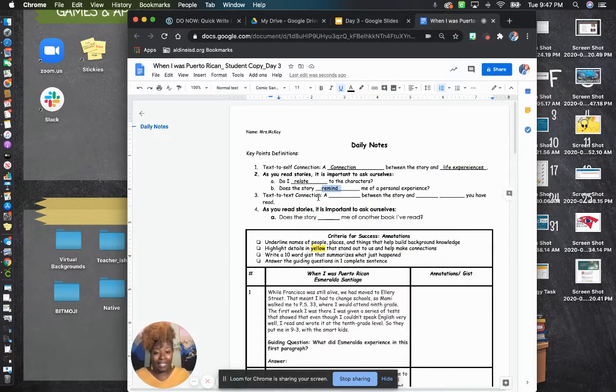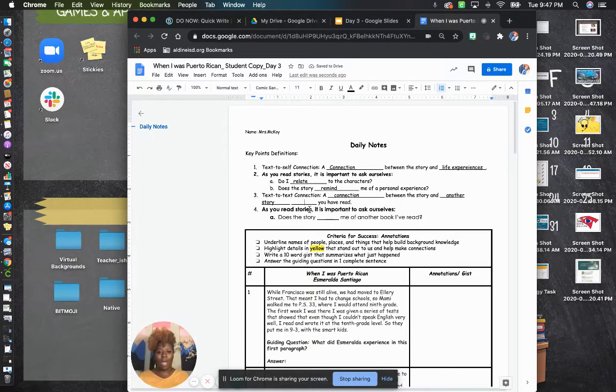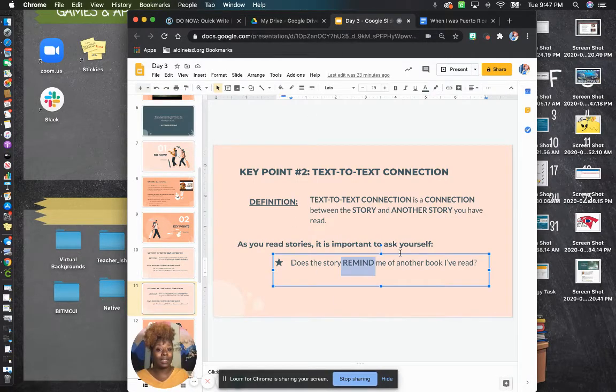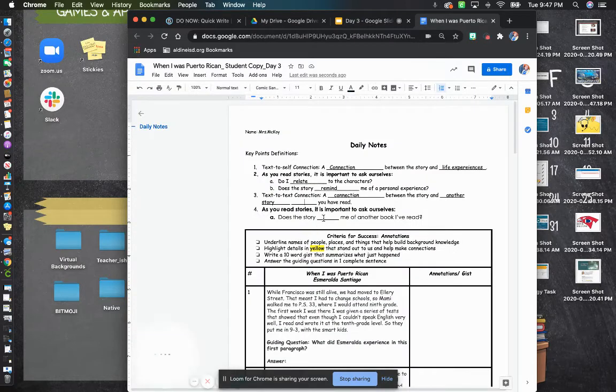Okay, so back to our notes. A text-to-text connection is a connection between the story and another story. As you read stories, it is important to ask ourselves, does the story remind me of another story?